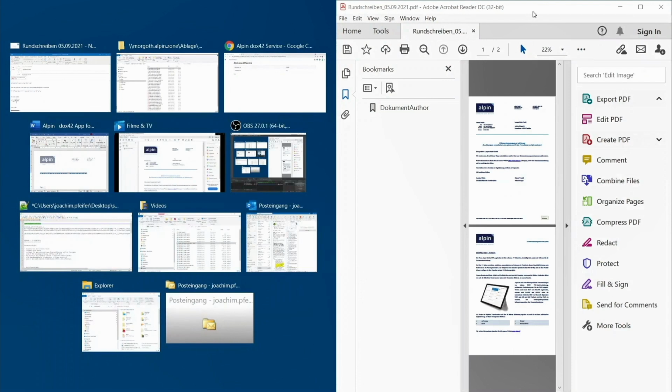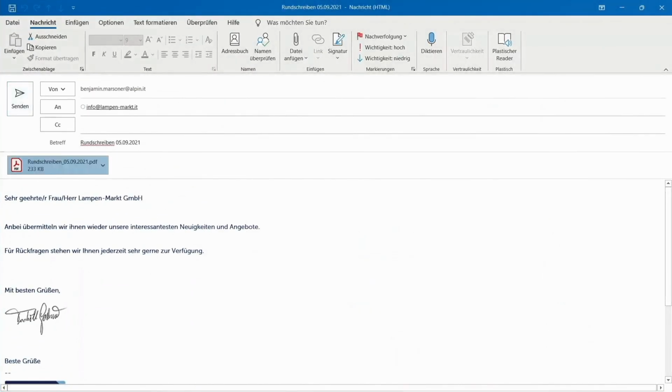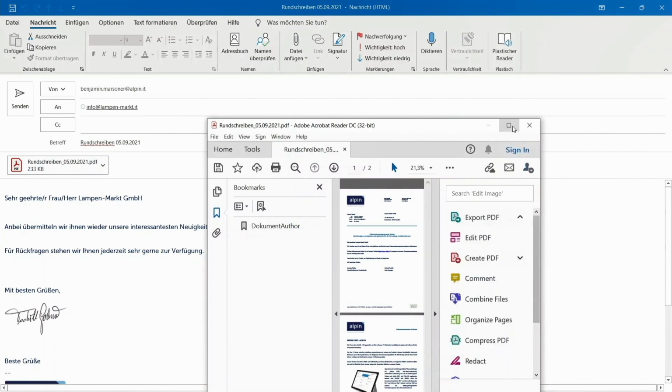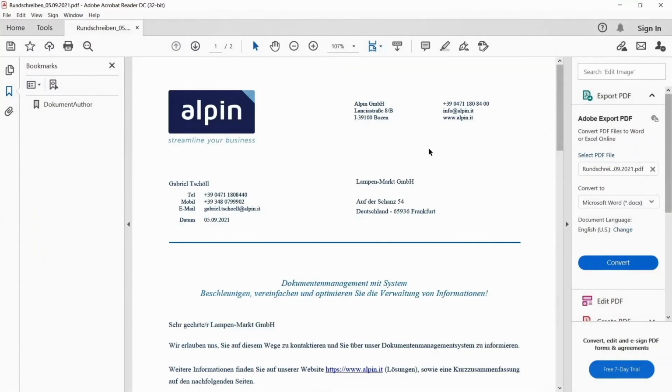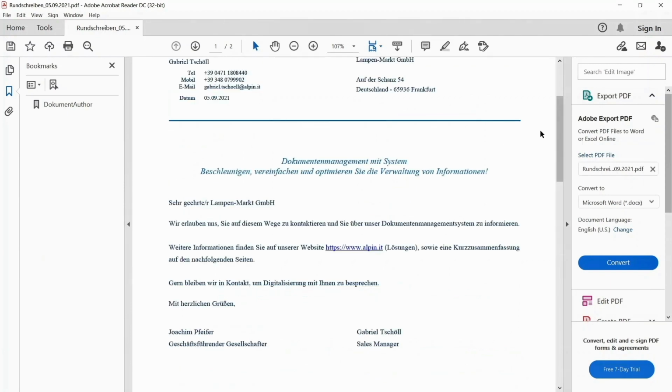It's a PDF attachment. Where is it now? So here it is. It's a customer letter attached for each customer, of course, individualized. And